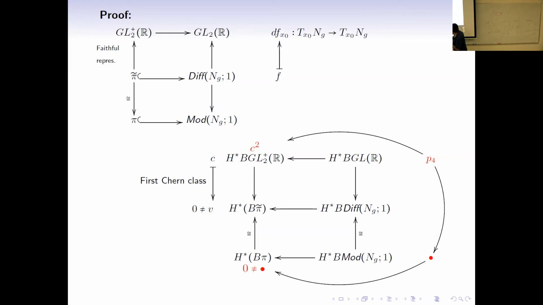So it's going to hit something non-zero here, right? And so that's going to give us something non-zero here, right? And that means there's going to be some information contained in dimension 4, and since we were